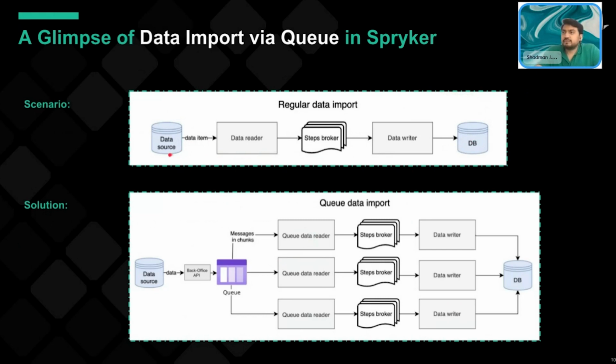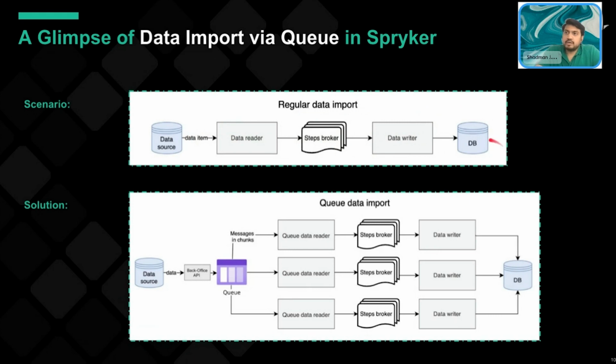What we have is a data source, and if we are importing data to the database, it will look like this. The data reader can transform your input into a source. This step is a collection of steps to enrich and transform a record into a source. And the write operation simply passes the record into the persisting mechanism, like Propel. In Spryker, we are using Propel ORM. So this is something which is in Spryker, but it is representing a regular